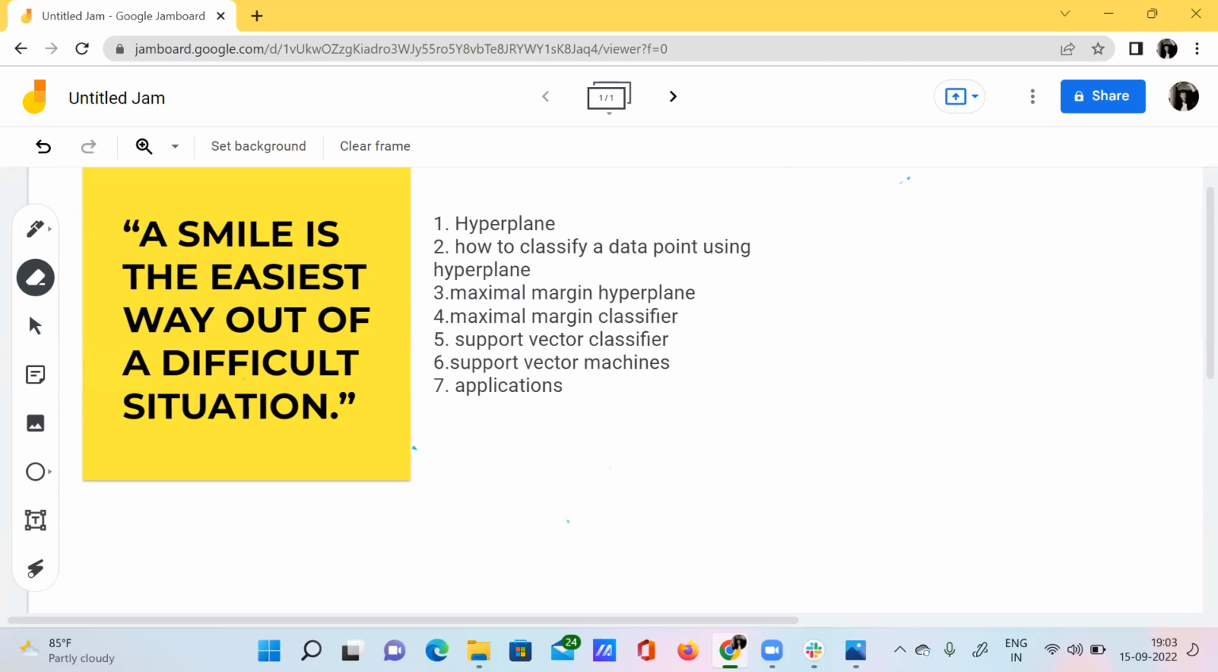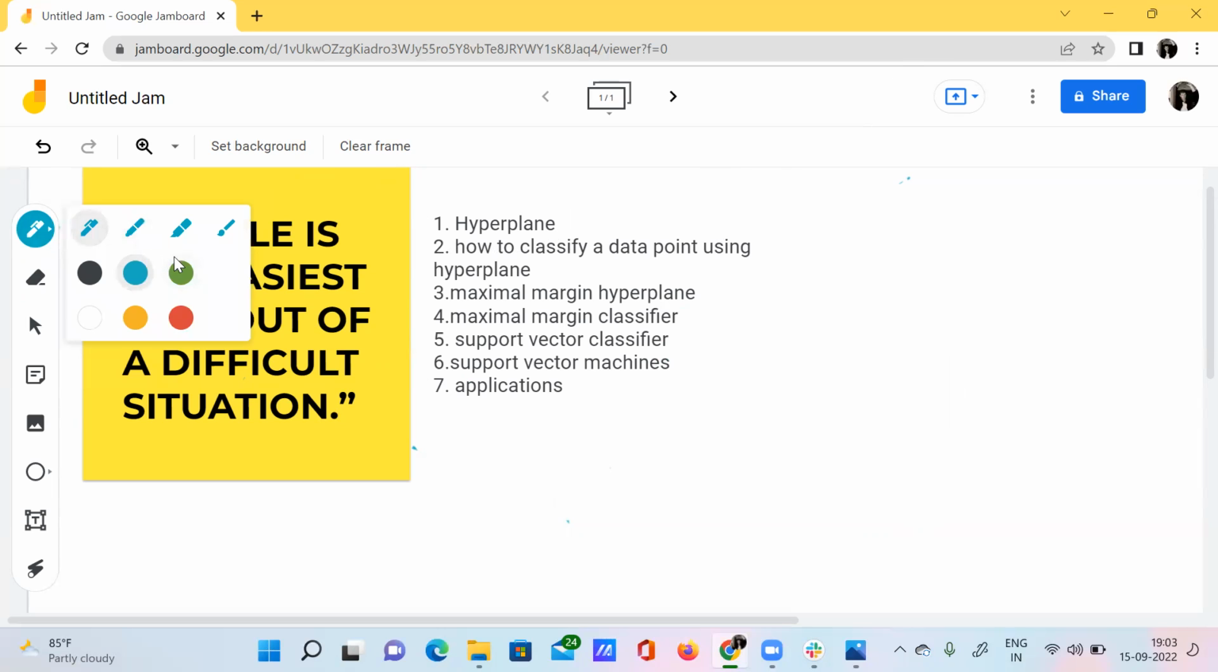First of all, let's have a look here. What is meant by a hyperplane? We are going to look at this. Let me select my pen. We want to understand this particular term, hyperplane. So hyperplane is nothing but a